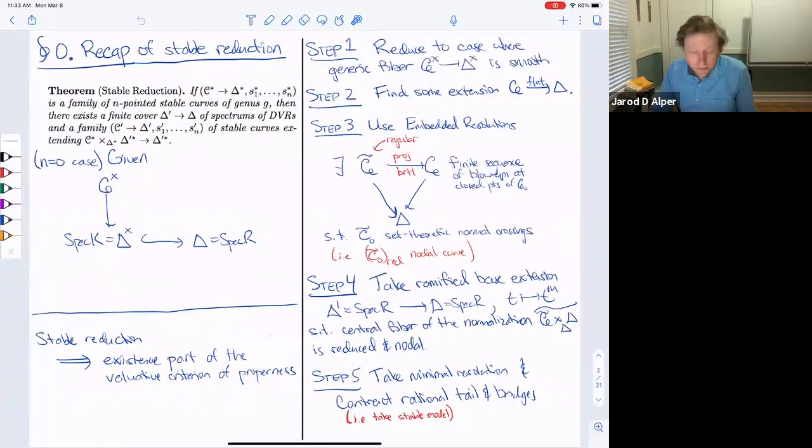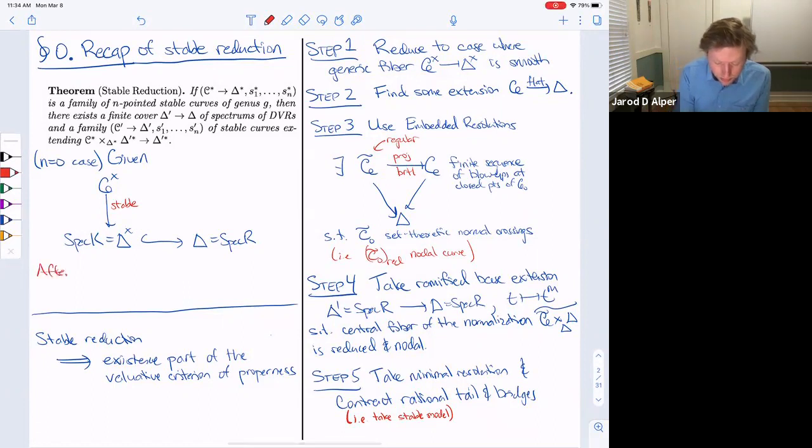Okay, so here's our quick recap of stable reduction. You can read the statement in the theorem, but let me spell out what it is in this picture here. I'm only going to spell out the unpointed case, that is, when there are no sections, when n is 0. And so we're given a stable curve C star over the generic point of a DVR. And given that, the statement is that there exists